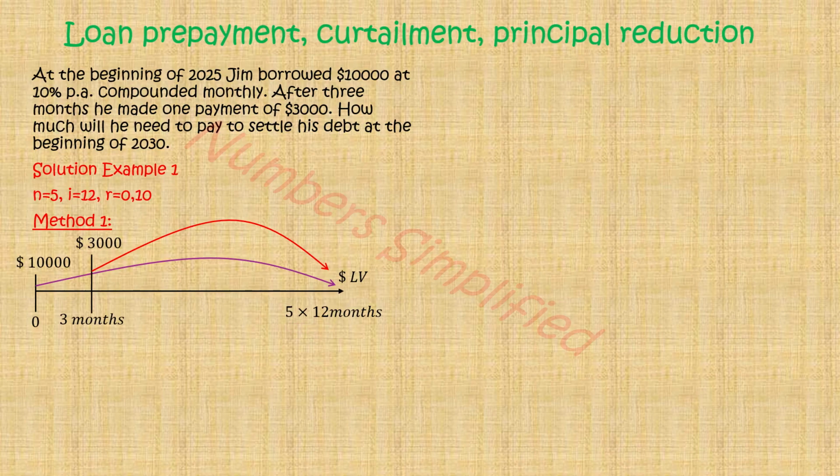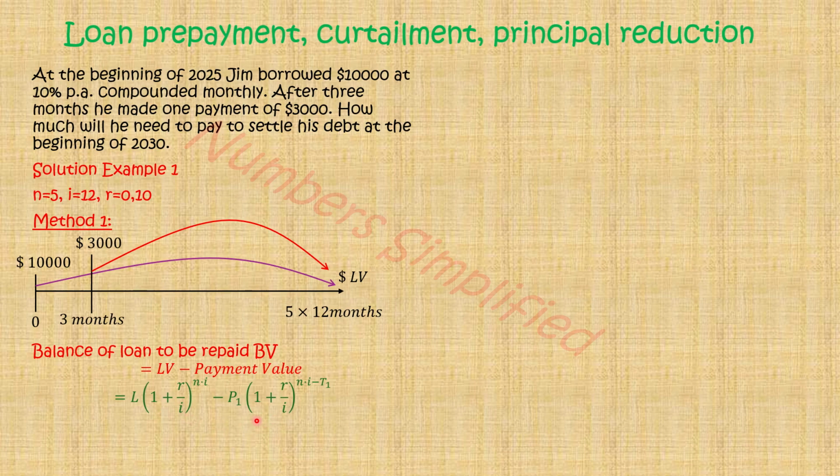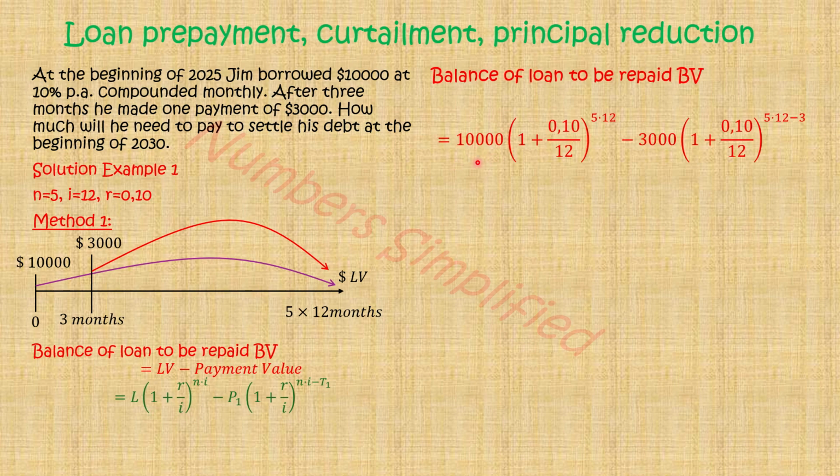Now, the balance of the loan is going to be given by LV minus the payment value, and we know that LV is the value of the loan at the time when it is due, the 60 months. So we will start by looking at the formula for method 1. LV is that, and the payment value would mature from 3 months to the 60 months. Then we substitute for everything that we have. Therefore, the balance of the loan to be repaid is going to be,